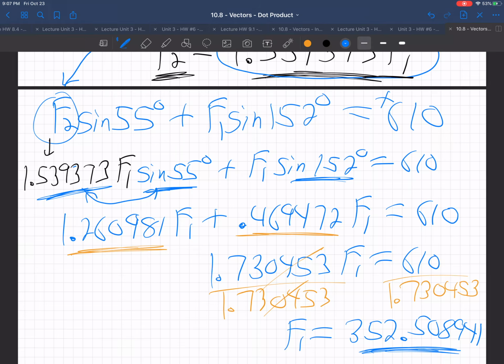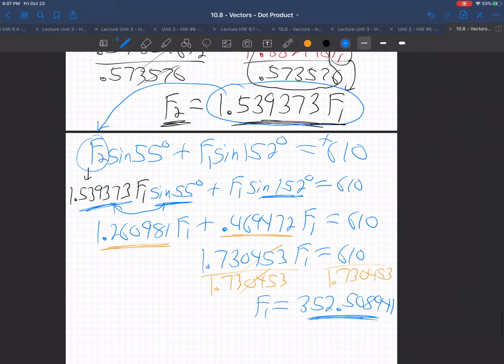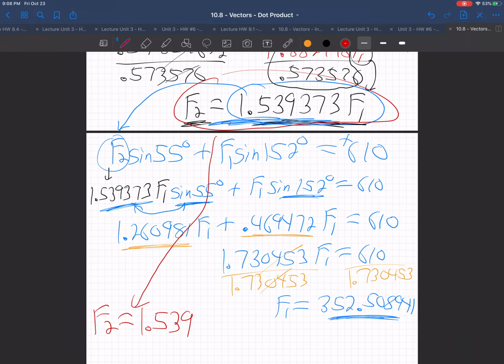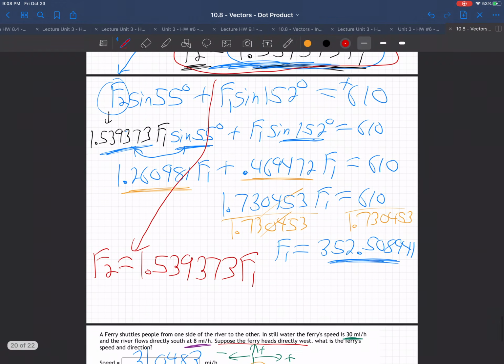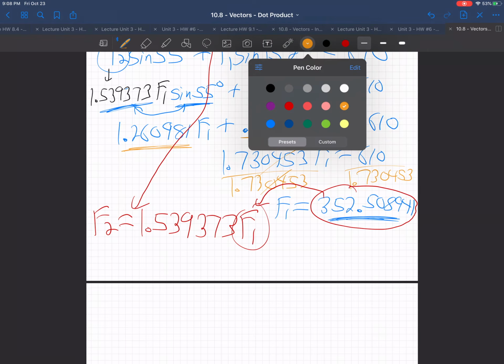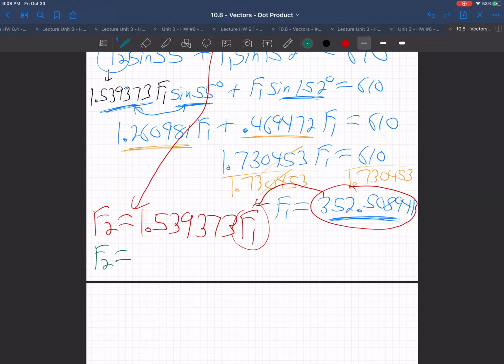We've got it. Now that we have force 1, we can go back and get force 2. Where? Right here. See how force 2 is already alone right there? So bring that one down. This one right here. Bring that down right over here. Force 2 is 1.539373 force 1, right? So then, almost got this one. Take this force 1 we just found, plug in right there for force 1, and we will have our hands on force 2. So force 2 must be